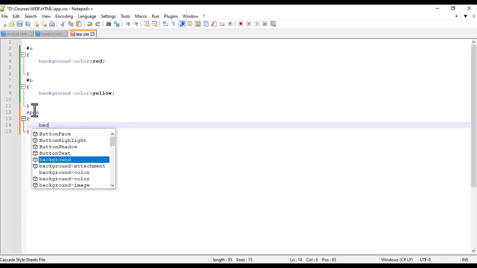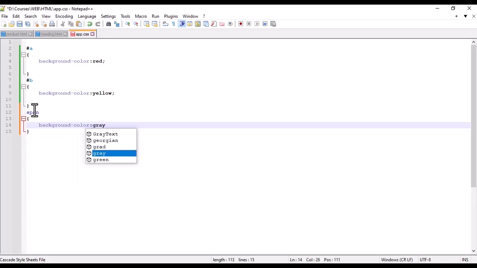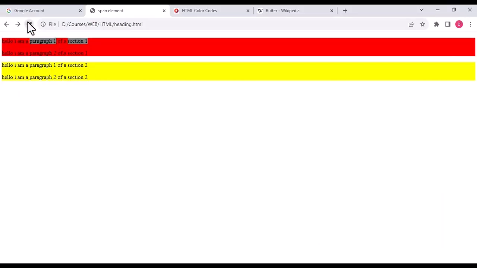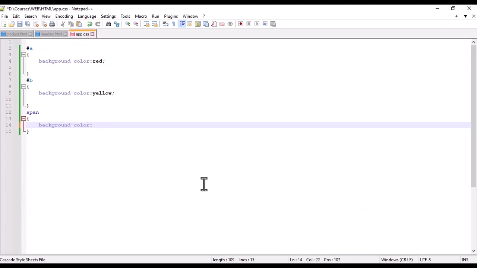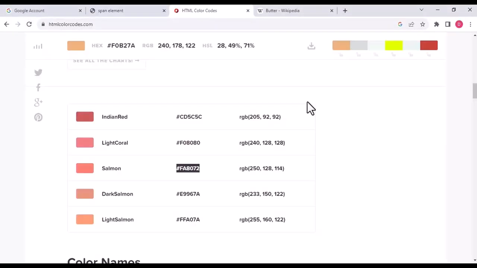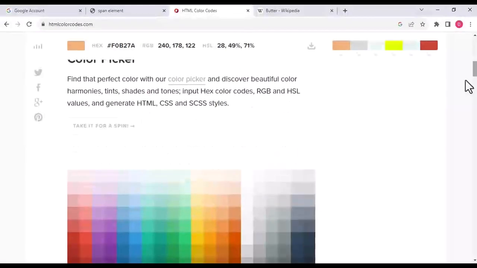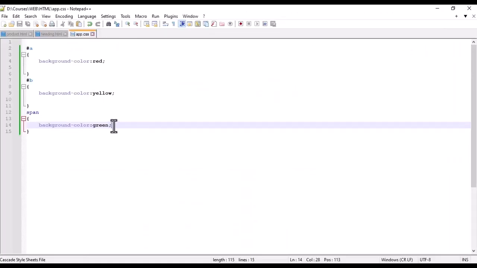and background color, for example, gray or green. So I will make some more color and write green. So I'll select some light color from this so that its effect can be seen. For example, I select this one, so I'll copy it from here and